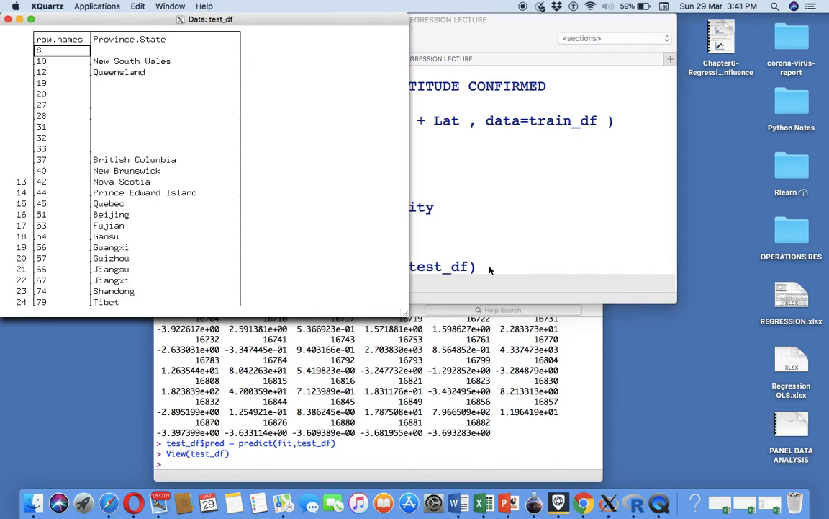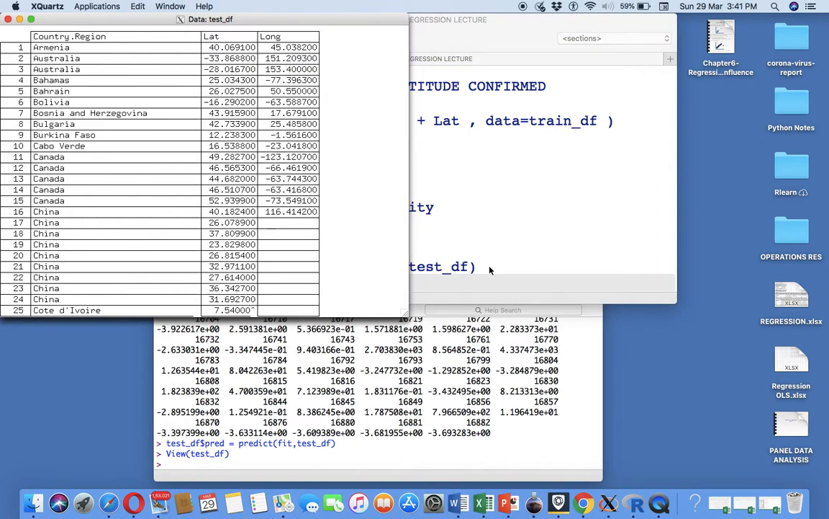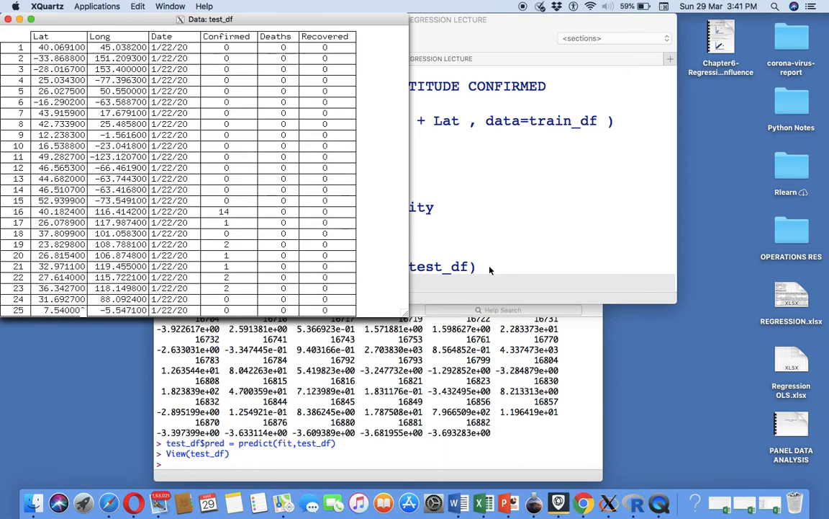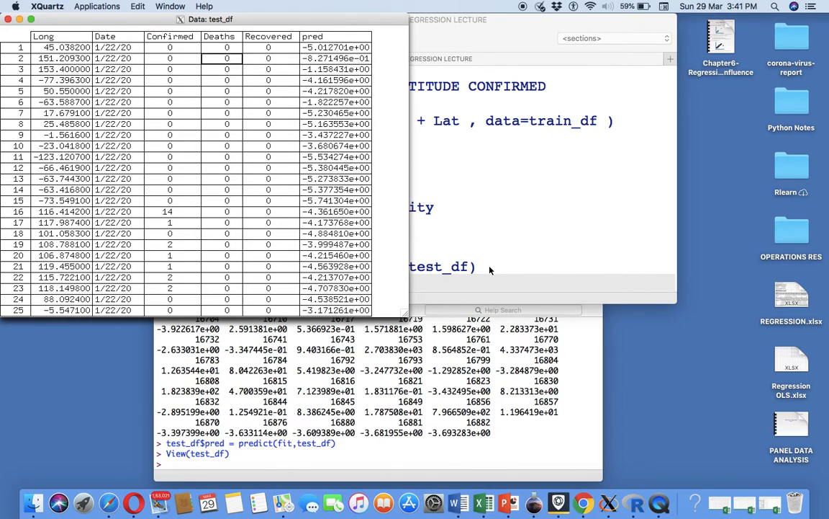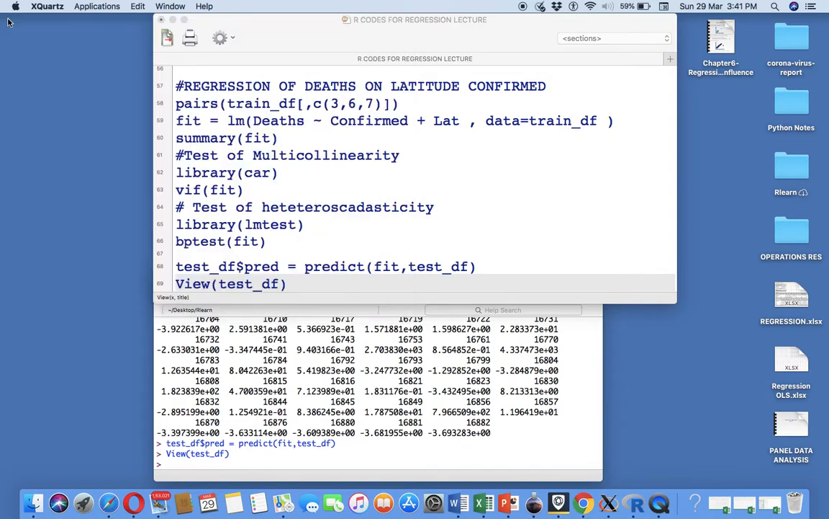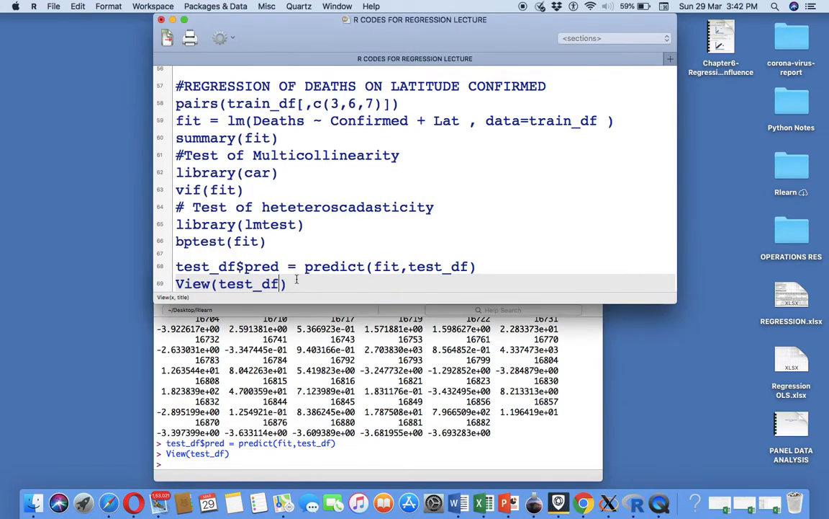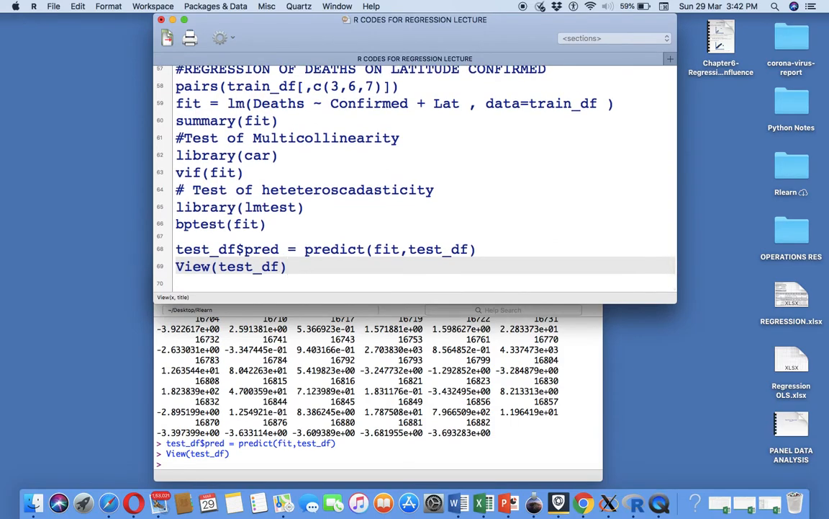In this test_df, I will have latitude, longitude. What we are still modeling is the deaths, and now this is predicting the deaths. And then I will try to find out a new variable. I'll calculate the mean absolute percentage error, which is equal to the mean